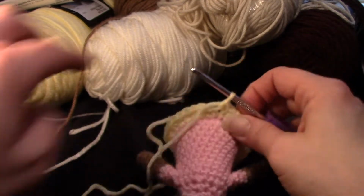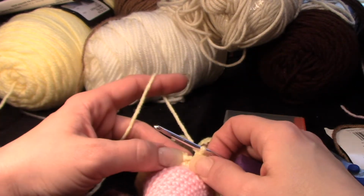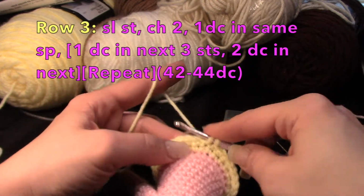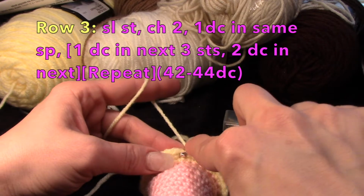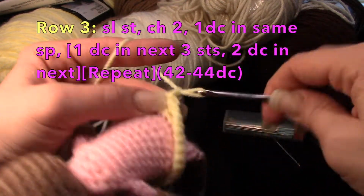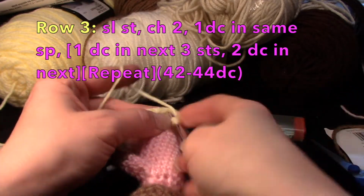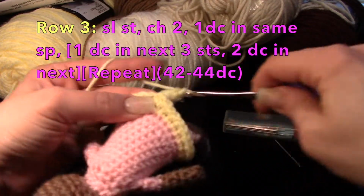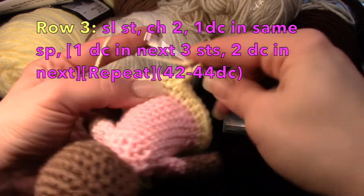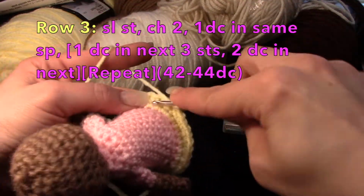Okay, I come up with approximately 32 stitches, actually 33, and then my chain, so around 34 stitches approximately, and that's with that increase. Alright, so from here I'm going to slip stitch, chain 2, go right back in and do a double crochet in that same spot where you just slip stitched and chained. Okay, and then do 1 double crochet in the next 3 stitches and 2 in the one after that, and